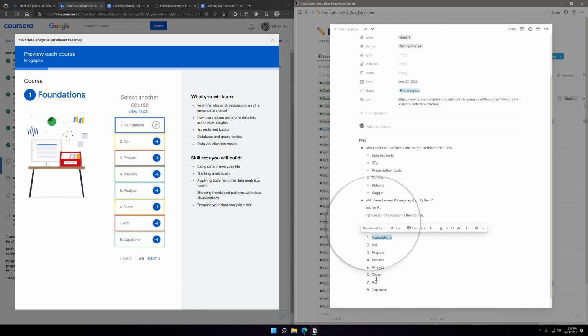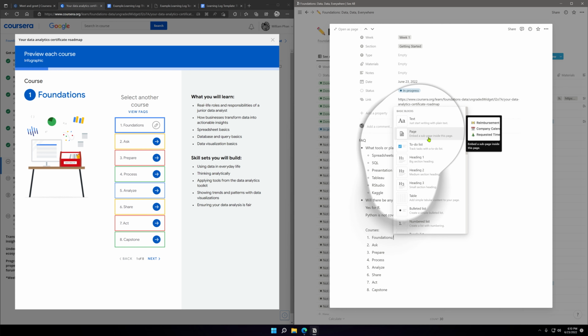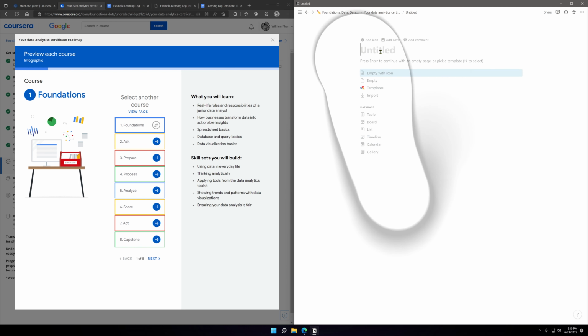Okay, so if I do this, they embed a subpage. Yeah, let's try that. Let's try to make it simple.